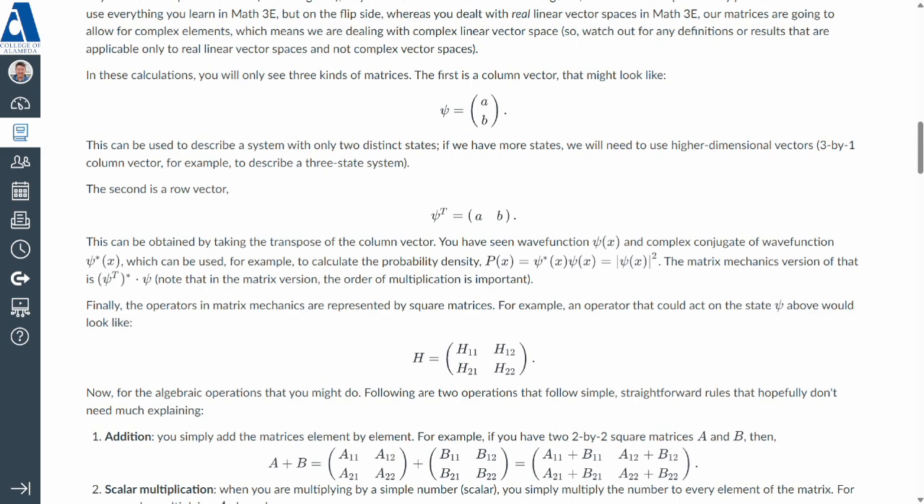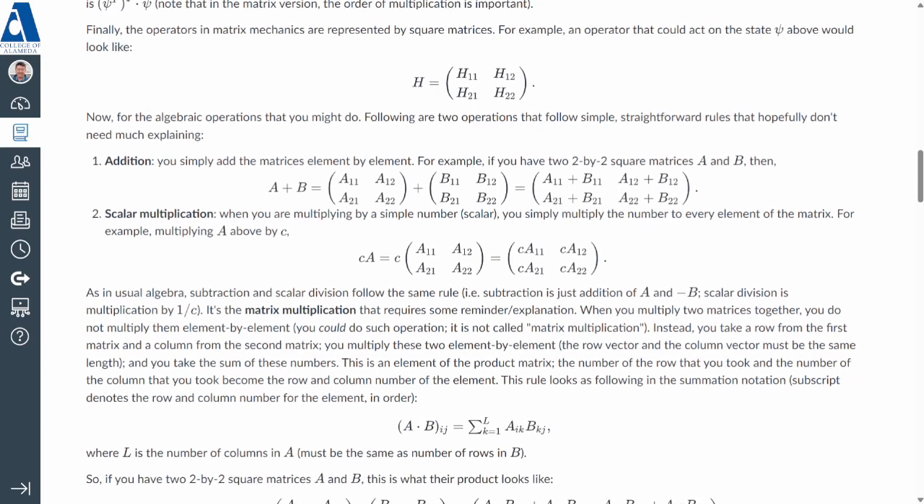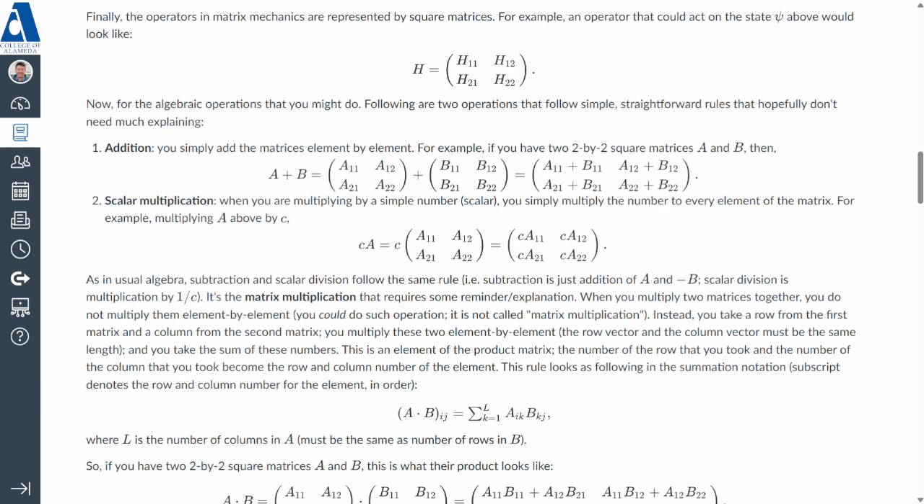Now, for the algebraic operations that you might do, following are two operations that follow simple, straightforward rules that hopefully don't need much explaining. Addition: you simply add the matrices element by element. For example, if you have two 2 by 2 square matrices A and B, then on the screen is shown the operation of A plus B. It shows the two square matrices A and B. You add them by element, that results in a single 2 by 2 square matrix that has as its elements,